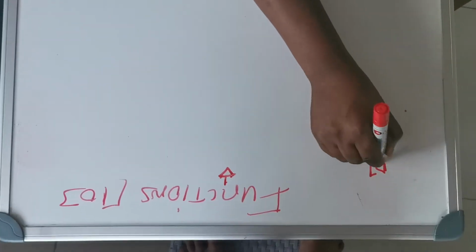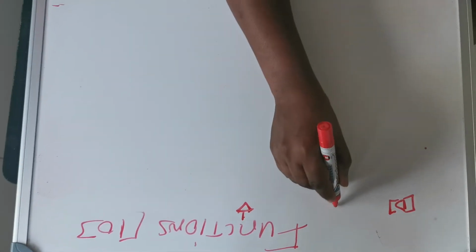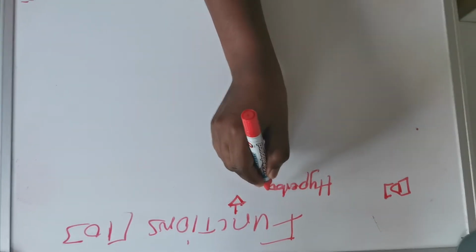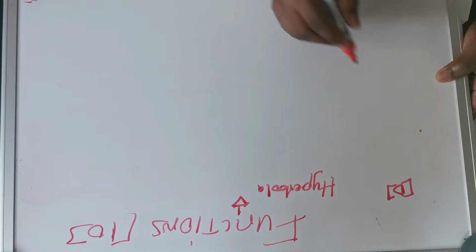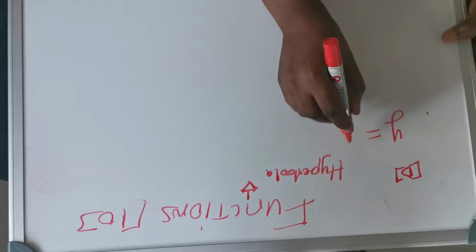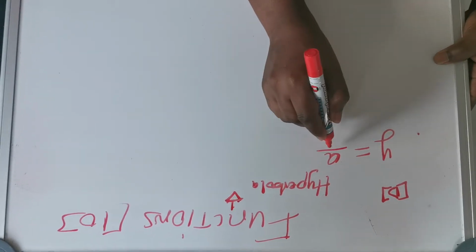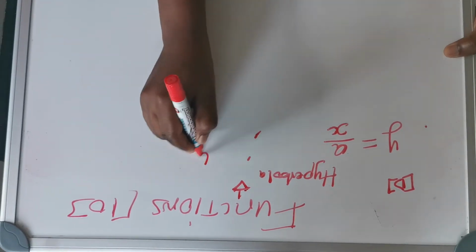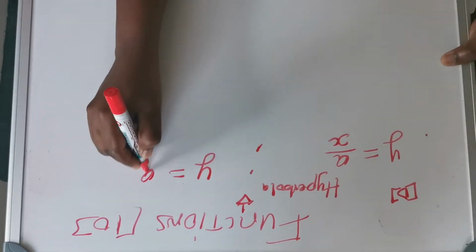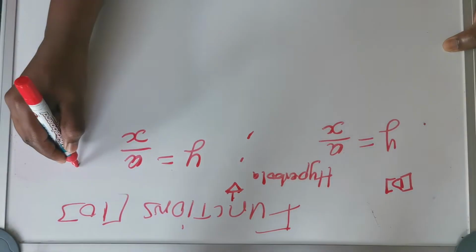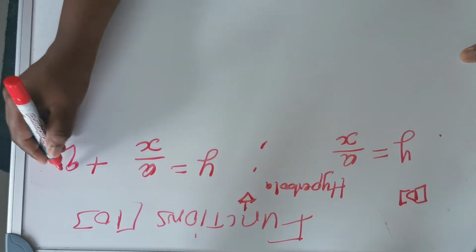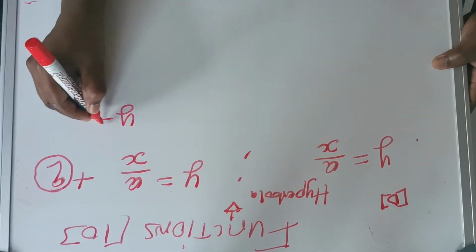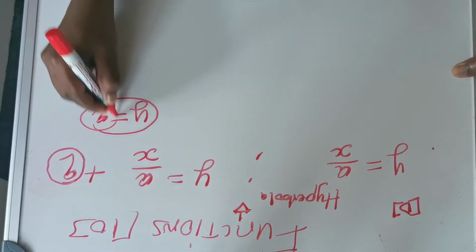The last one for us. This is what we call the hyperbola graph. This one can be in the form of y equals a over x, or y equals a over x plus q. Now you understand what q stands for. y equals q will give you what we call